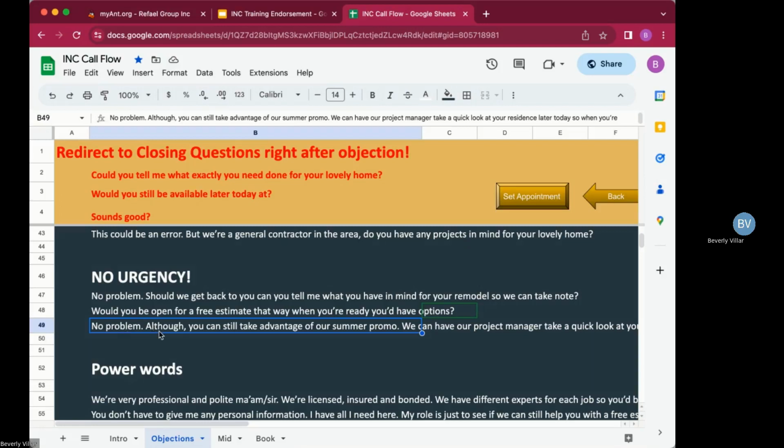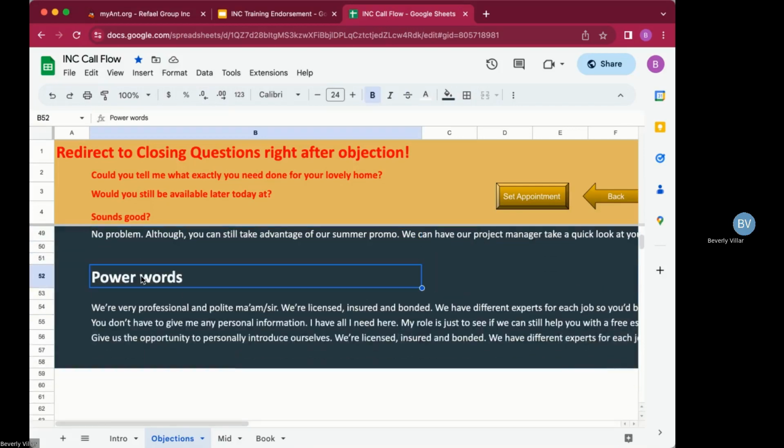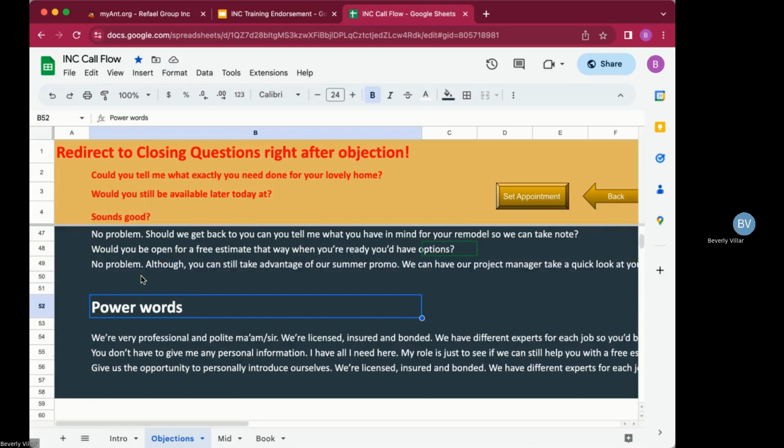Or you can say, no problem. Although you can still take advantage of our summer promo, we can have our project manager take a quick look and we can give you a free estimate later today when you're ready. Or if they're still hesitant, still not convinced with the rebuttals or objections, you can use power words